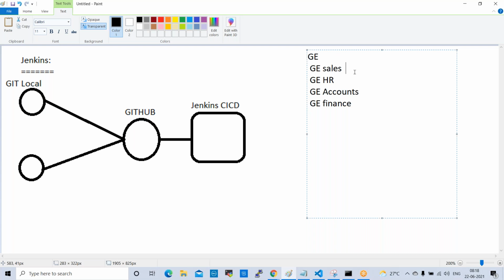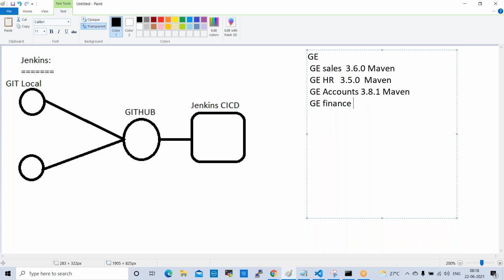GE sales, they are using Maven version 3.6.0, and GE HR they are using 3.5.0 Maven, and GE accounts they are using 3.8.1 latest version.